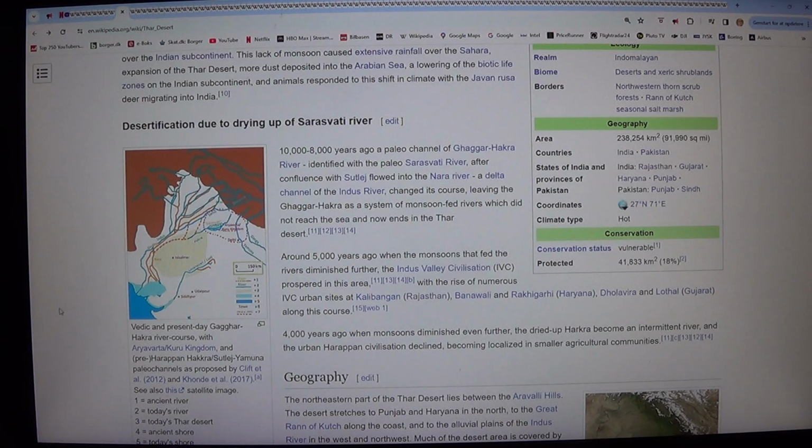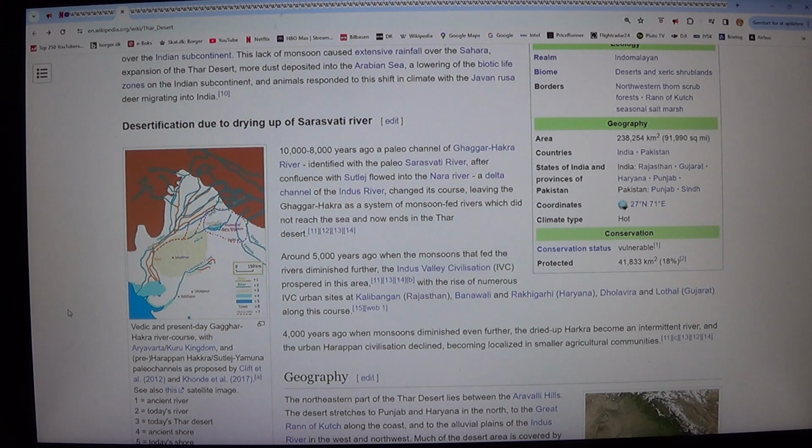Desertification due to drying up of Sarasvati River. Vedic and present-day Gagar-Hakra River course, with Aryavata/Kuru Kingdom, and pre-Harappan Hakra/Sitalj Yamuna Paleocanals as proposed by Clifton et al. 2012, and Condit et al. 2017.